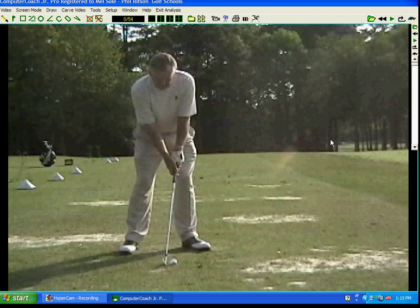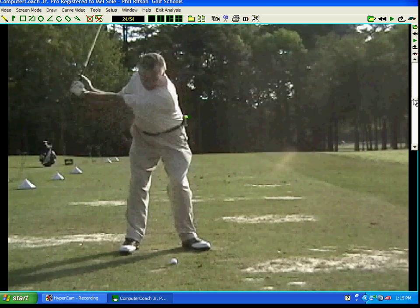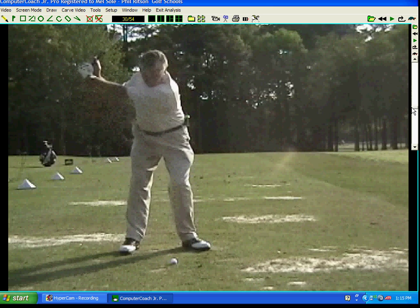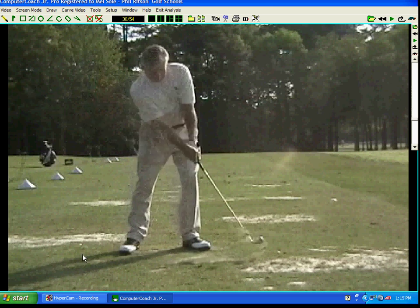This month's tip is about weight shift. There's a fairly common mistake that I see with my students on the tee. They'll make a pretty good backswing. When they come through here, what they'll do is they'll be very flat-footed,